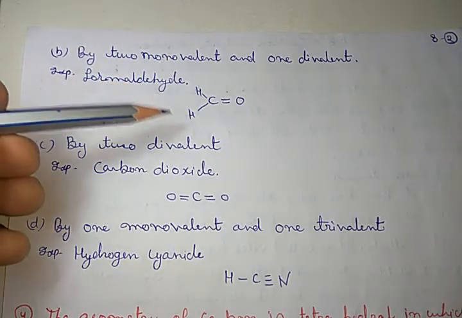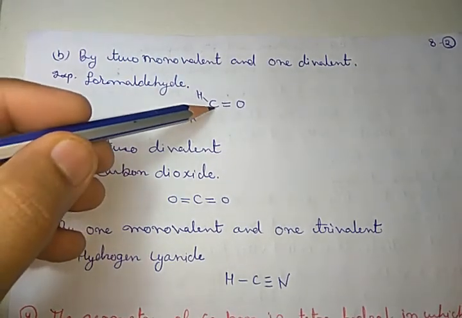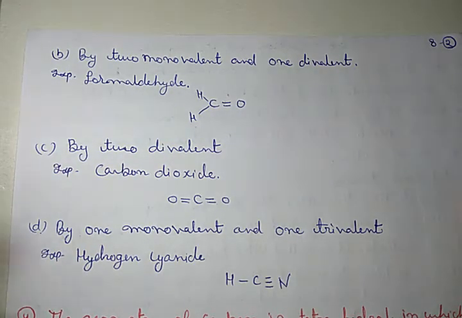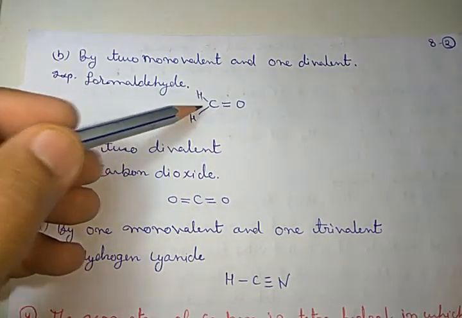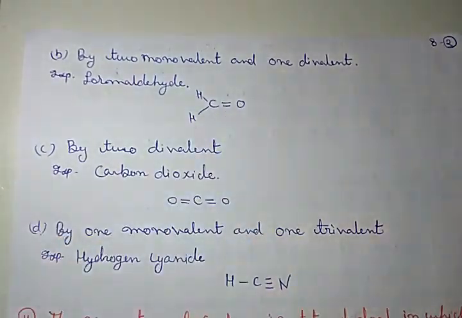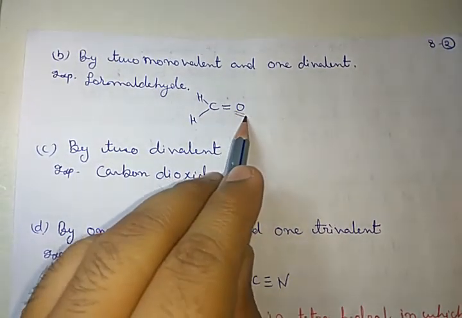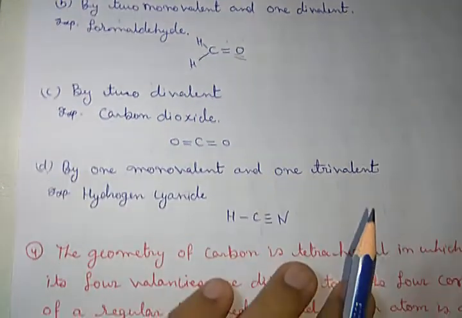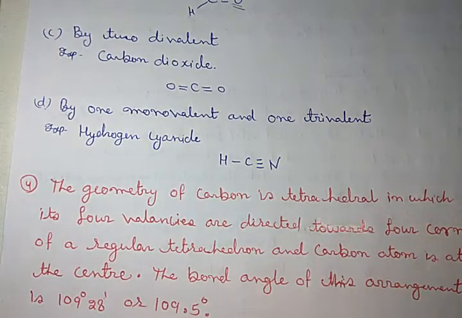formaldehyde, in which carbon combines with the two hydrogens making single bonds, and 1 oxygen by making a double bond, so that is divalent, and these are monovalents. Got it? Third, by 2 divalent, because if combined with the 2 divalent atoms, then 1 divalent satisfies 2 valency,